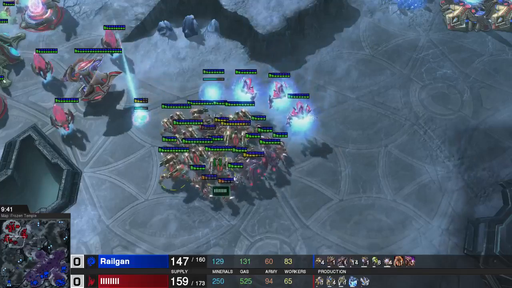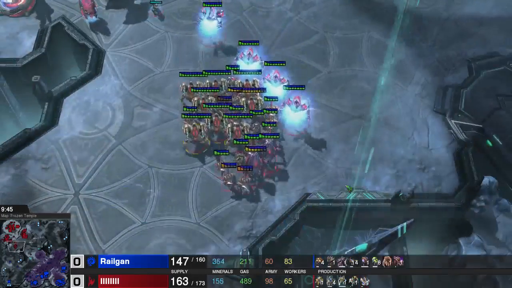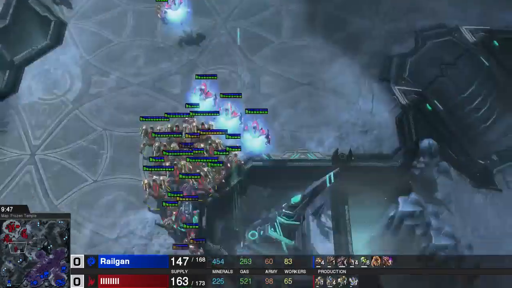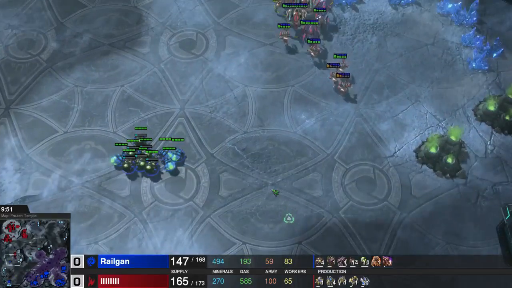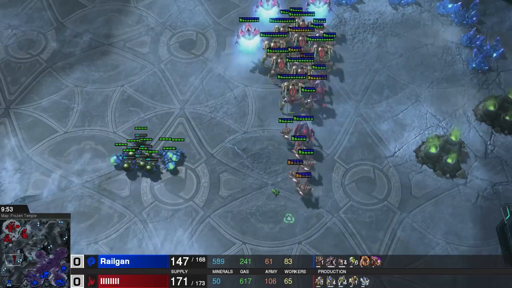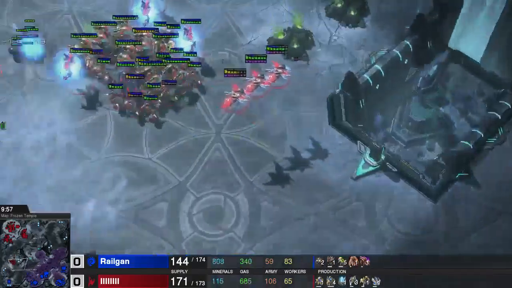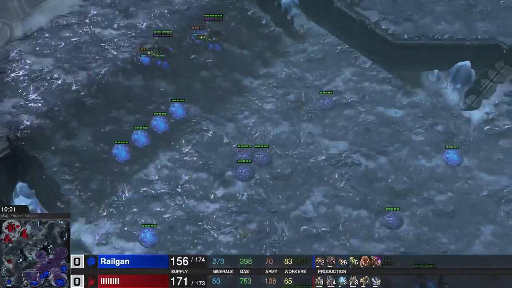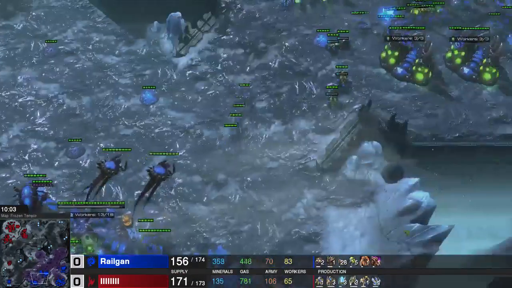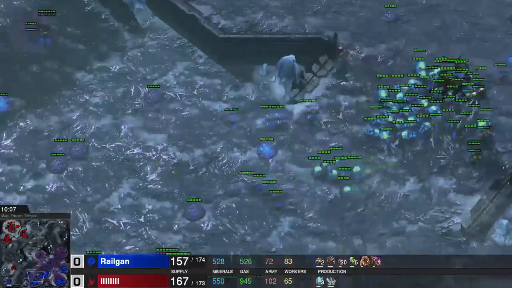We see about, how many immortals is this? 8? Yeah, it's 8 immortals, 3 Archons, a 4th just morphed in. And this is the dangerous moment where a lot of Lurker and Hydra players are starting to crumble. Of course, I lost those Banelings, but it happens. You can see that I'm not really ahead in supply, actually I am behind in supply, and I made my first Corruptors to